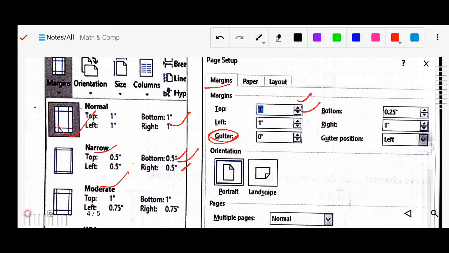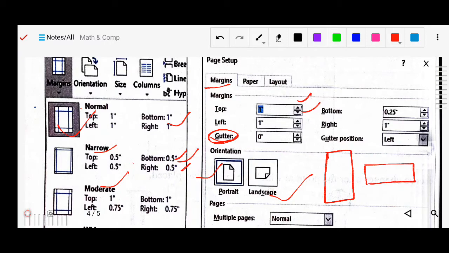Some space we leave for the binding, meaning from where you stitch or make holes to clip your pages. That place is called the gutter. That you can also set up, like page orientation, portrait mode or landscape mode. Portrait mode page will be like this, landscape will be like this.